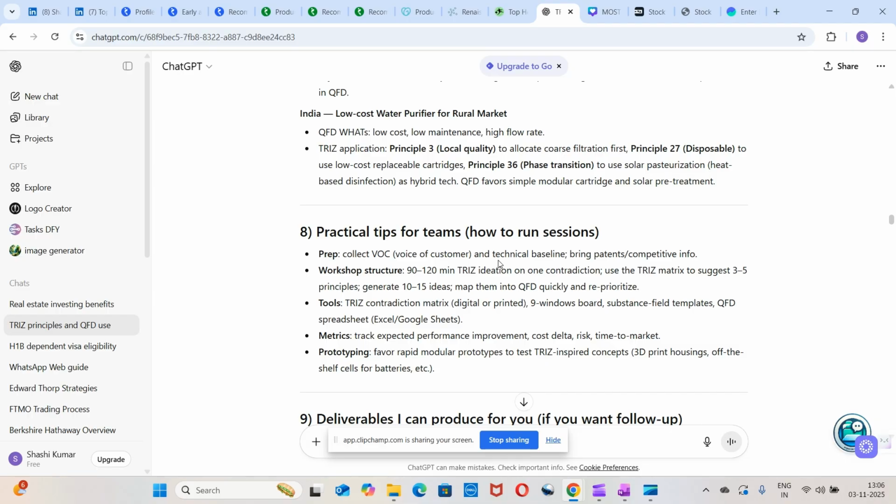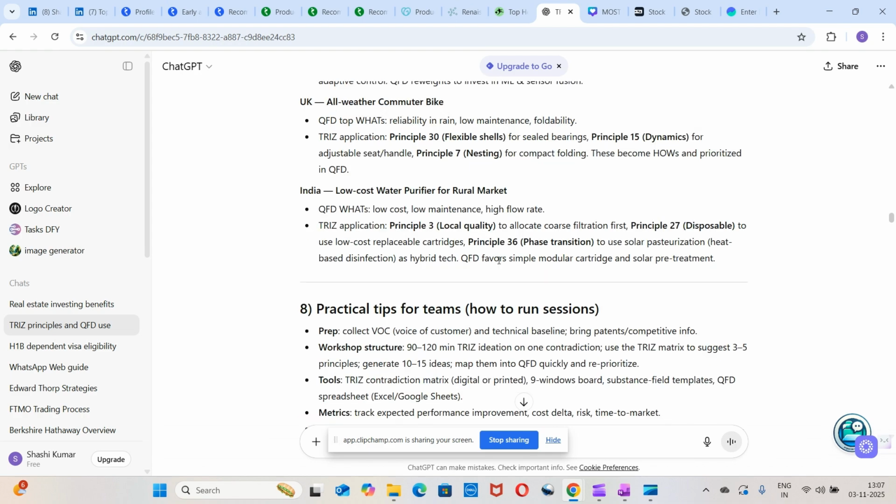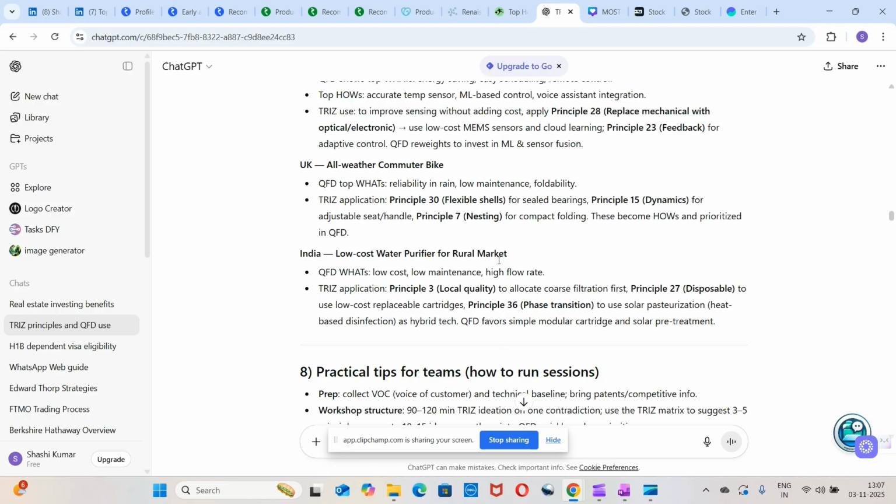For prototyping, we can develop modular prototypes to test TRIZ-inspired concepts. So that's QFD plus TRIZ, and how it can be used to come up with product and technological innovation. We went through a few examples also, like the all-weather commuter bike, low-cost water purifier, smart thermostat, and